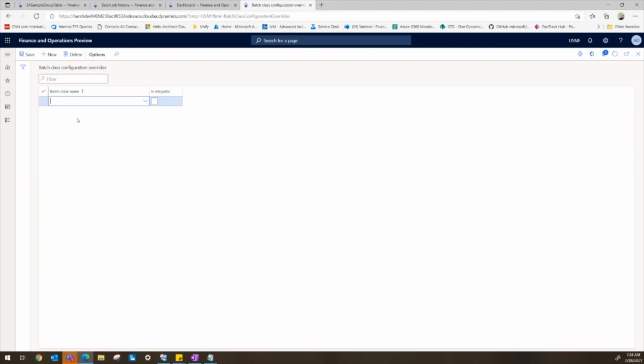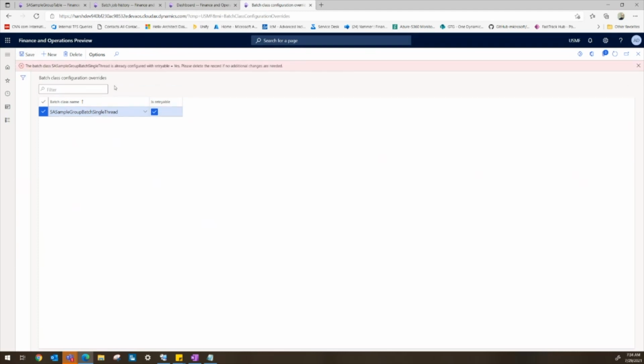Now, for a certain reason, I don't want this batch class to be retriable. So you can do a lookup, or you can type in your class name. This is my class name, and as soon as I hover over, it is marked as retriable.